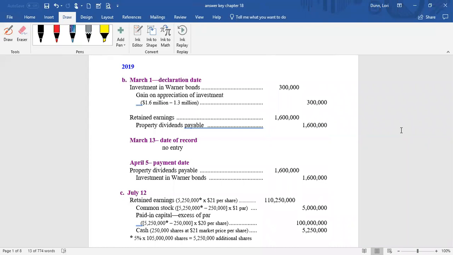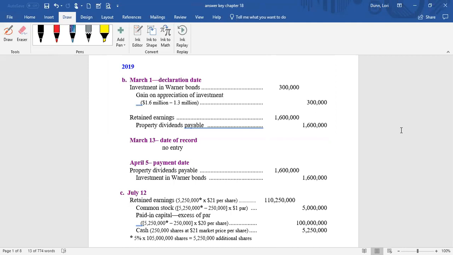When the stock dividend percentage is less than 20 to 25%, you calculate the value of those stocks as a dividend at their market value. So retained earnings will be debited because this is a dividend payment. But you're saying, yeah, but you're sending pieces of paper, shares of stock. Yes, but we still got to value it, and the rules are use market value. So 110,250,000. Now in the problem, they tell us the fractional shares of 250,000,